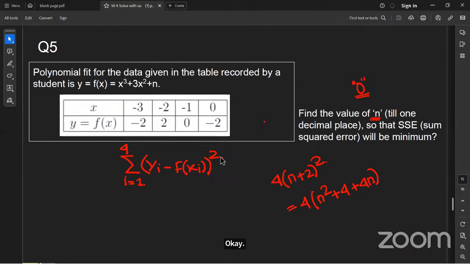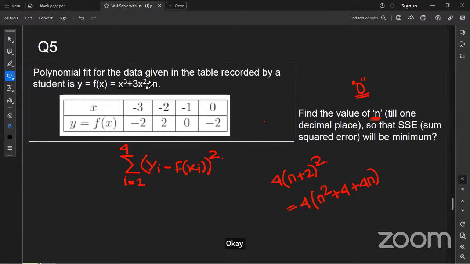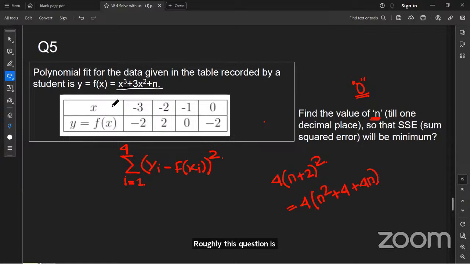Okay, let's move to the last one. The last one is saying a polynomial fit for the data given in the table recorded by a student is y equals f(x) equals x cube plus 3x square plus n. It is saying this polynomial is satisfying this data, and you need to find the value of n via